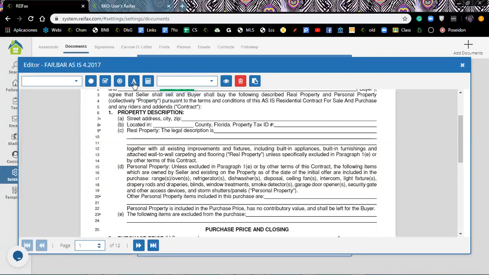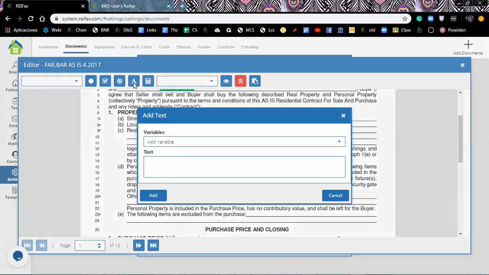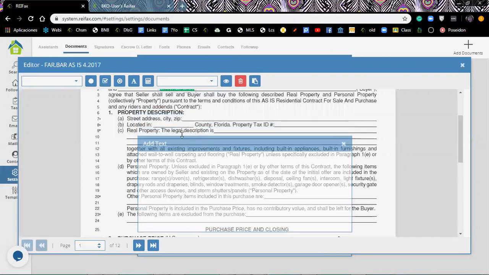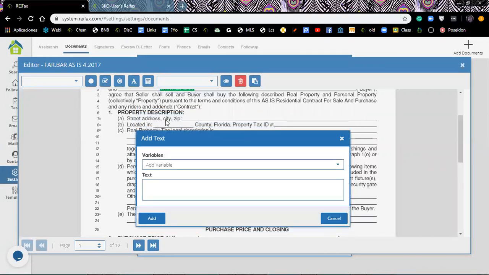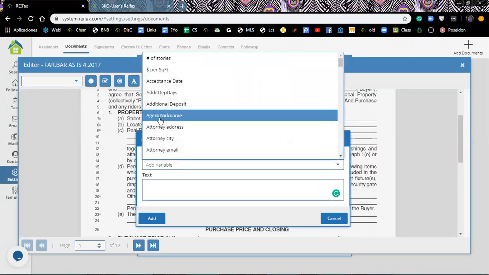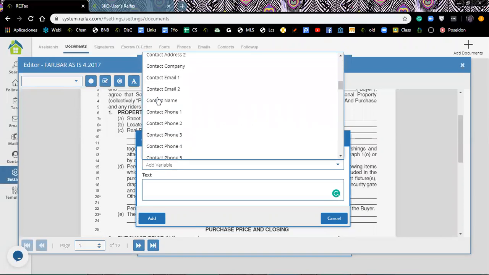I come here to add text. That will allow me either to type in anything I want to type in directly that is not in the variables, or to actually use the variables one next to another. So I need to put street address, city, and zip code. So that's what I'm going to do. I'm going to look for address, property address,